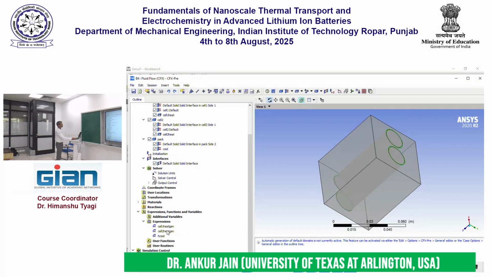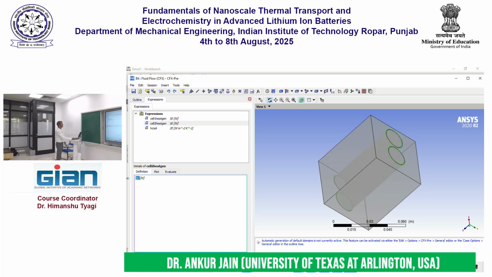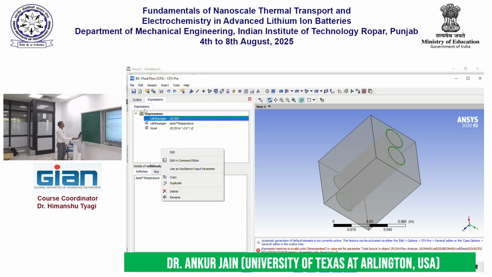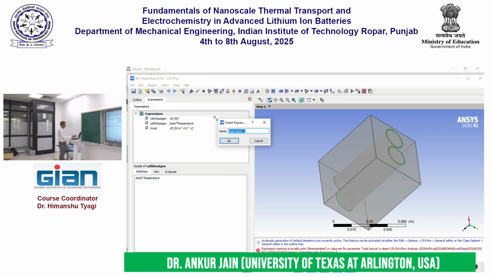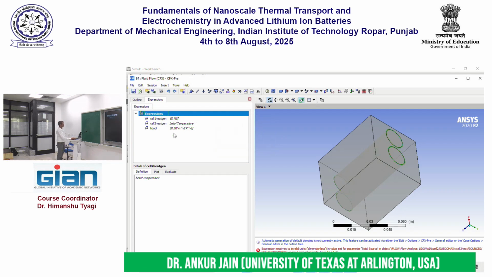So I will say cell 2 heat gen. Let me just turn this into a very small number, and cell 1 heat generation, instead of 5 watts, I will say beta times temperature. Okay, it will not know what beta is, so I will insert beta. Okay, so it uses beta. Oops, it uses beta for something else. So let me